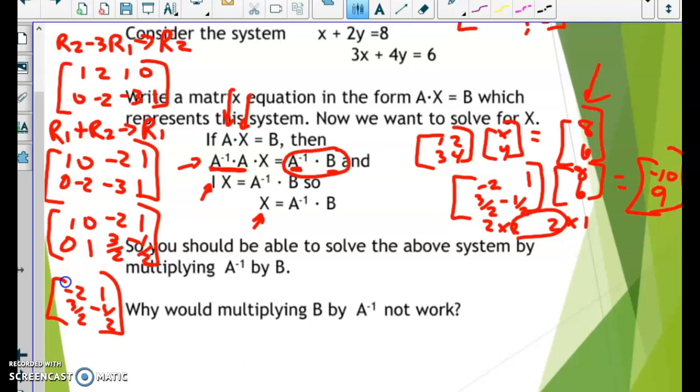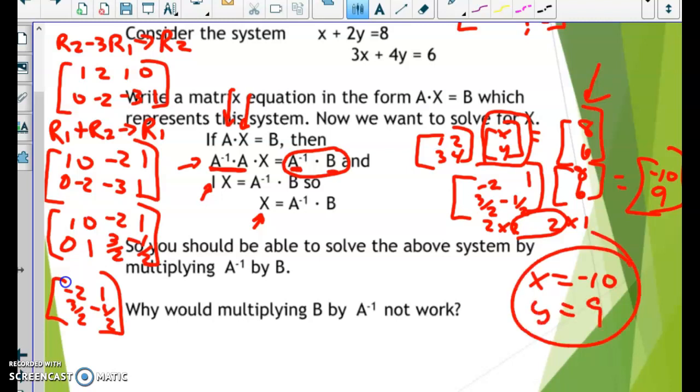So I get the matrix negative 10, 9. Well, that should be equal to this X, Y. Well, X is equal to negative 10, Y is equal to 9. So by using this manipulation, you can get the solution. Now let's talk about